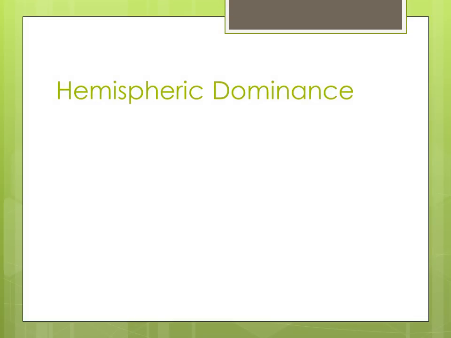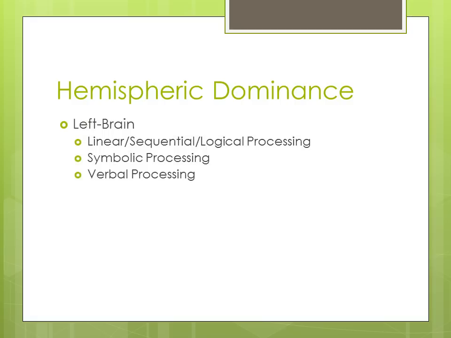In relation to hemispheric dominance, you can see from the previous models a lot of similarity between what we've talked about between your left brain thinkers versus your right brain thinkers. And so I wanted to compare them to show a little bit more definitively which qualities are functioning out of left brain dominance versus right brain dominance. So in your left brain, we talked about how this is the linear, sequential, logical processing part of your brain. This is where you process language, and you process symbols, and you process the details and the